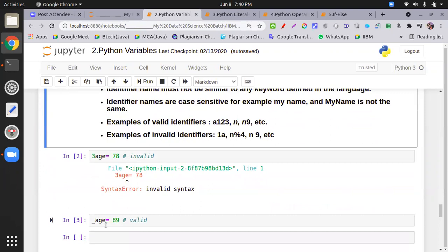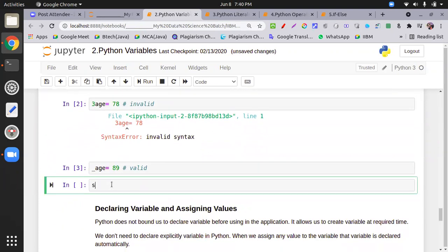For example, if I put salary of HR department for the year 2020, it is a little bit lengthy variable name, but everything is reflected.